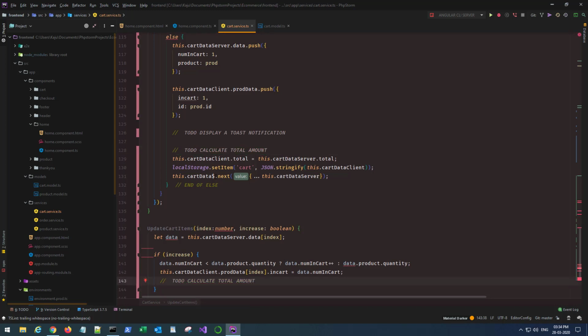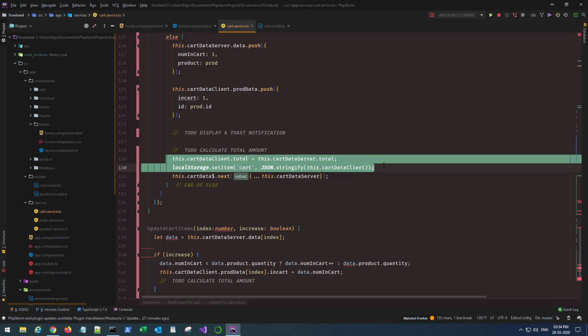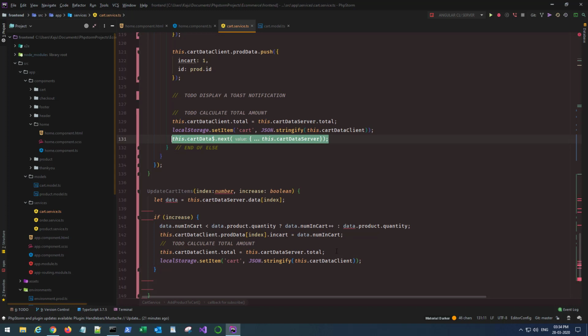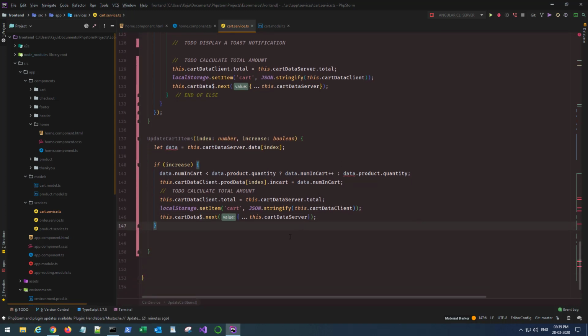And yes, you guessed it right, need to do this stuff here. Okay, and also emit the object. Perfect. All right, so if it's not for increase, what do we want to do,